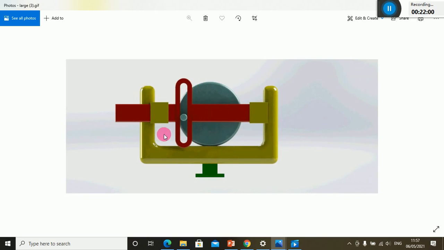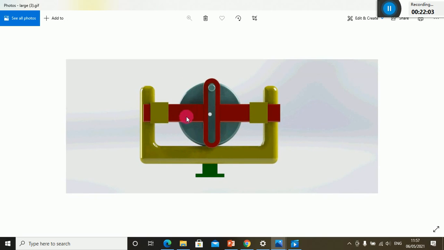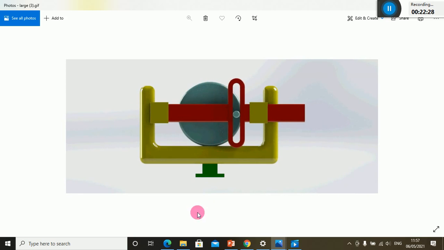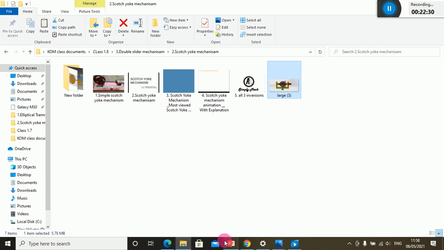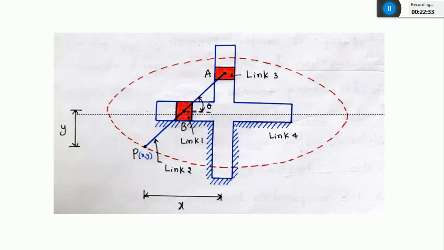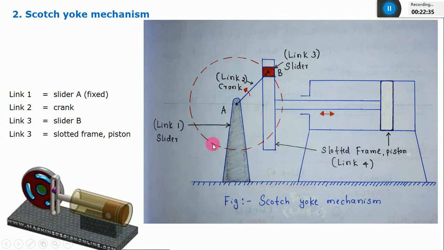Yeah, this is also an example of a Scotch yoke mechanism. Okay, you can see there is only one slider. This dot color slider means it has to rotate with respect to the groove. It has to slide as well as it has to rotate. It means the other slider is fixed. That is the point I wanted to clear. Then I'll go to the PPT again. So I'll explain once again the construction.